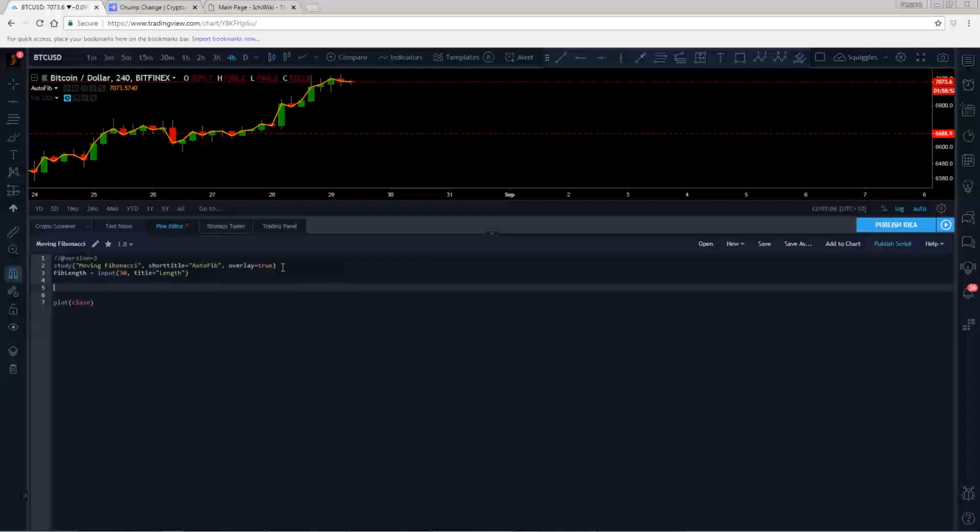So what we're going to do is call this function. It's kind of like a variable, but this time the variable has an output based on the parameters that you input. Whereas a standard variable is like a box that holds a value, and that value can be called upon. So let's call it fib,